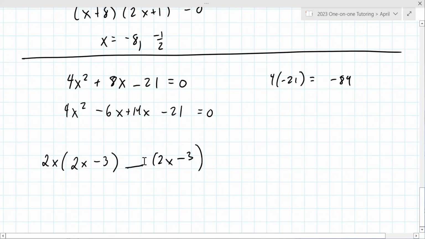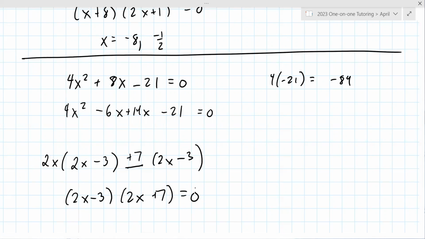So look at the number, the constant here. How do you get back to 21? Oh, it's minus 21, not minus 14. Yeah, 14. Okay, so then, yeah, no, I was right. 7. Okay, so it becomes 2x minus 3, 2x plus 7 equals 0. Keep going. Okay, so then 2x, 7,